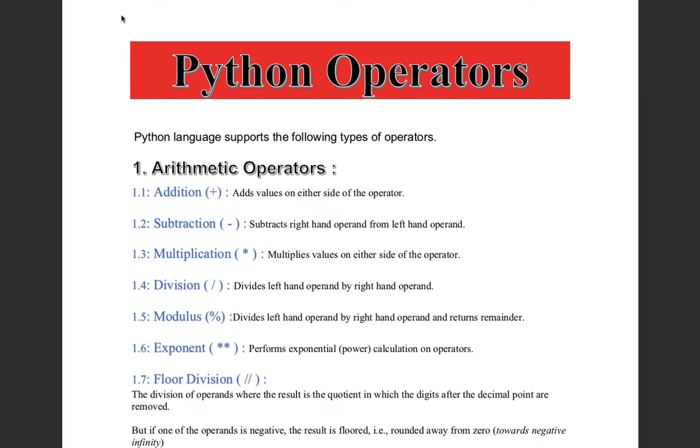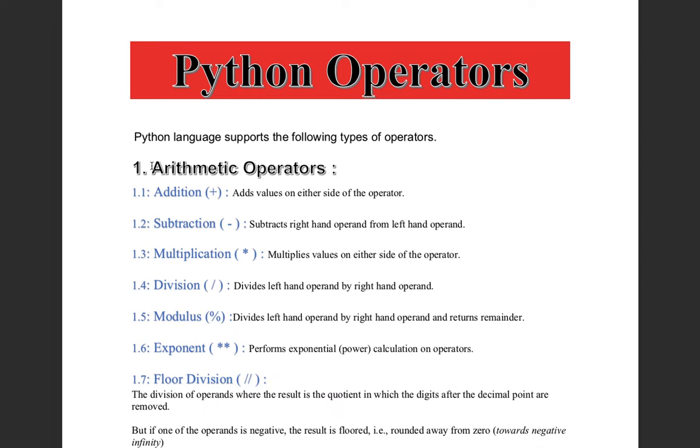So first of all, we should know why we use Python operators. What are operators, right? Operators are used to perform operations on variables and values, as simple as that. So either you can perform some operations on variables or you can do the same on values. We'll discuss one by one, so let's not waste our precious time and just get started.